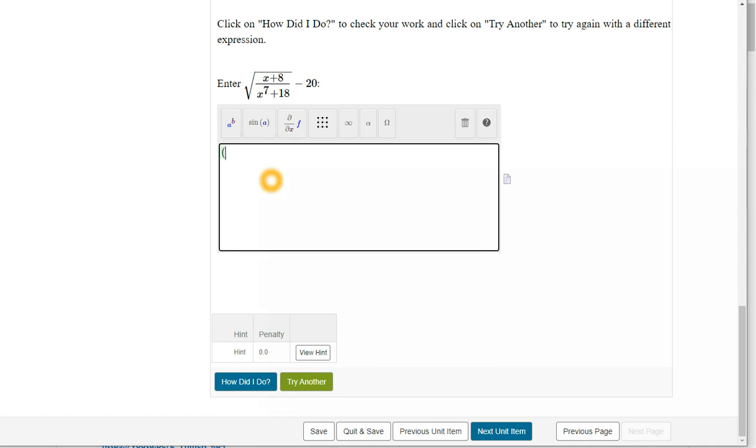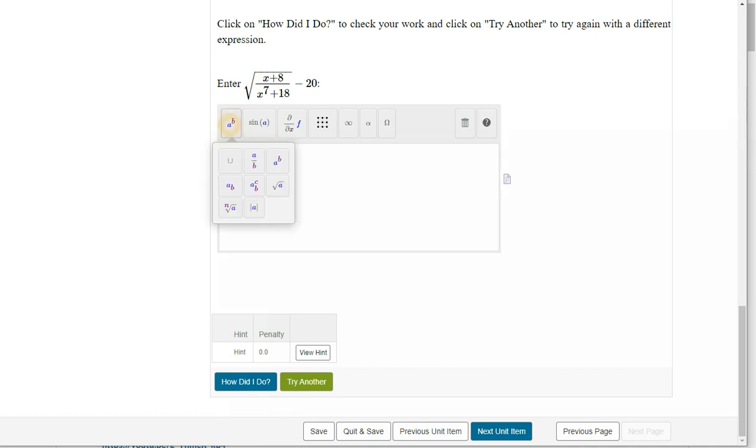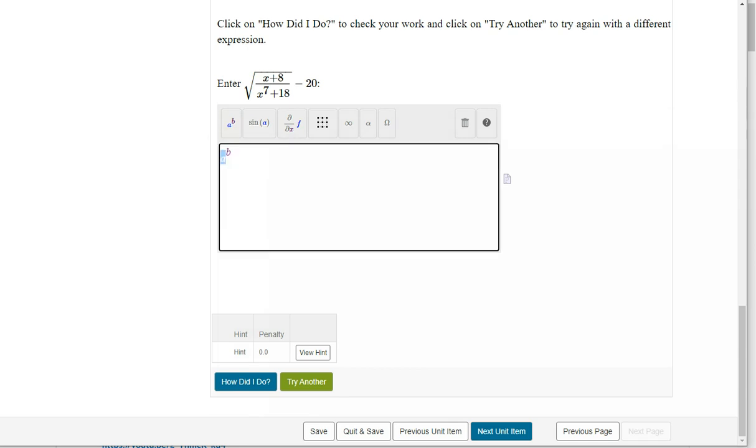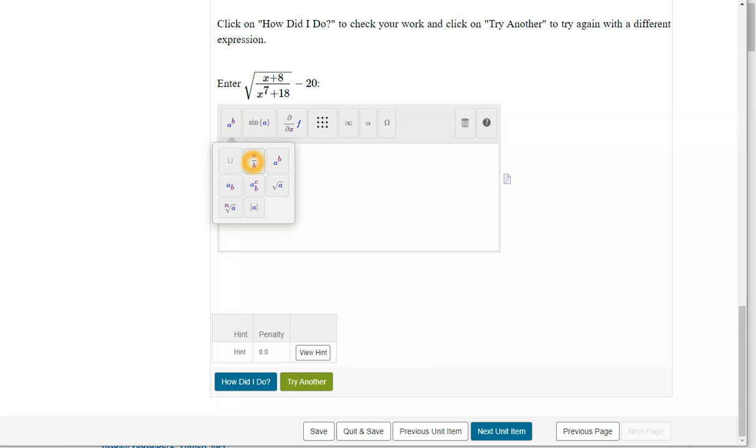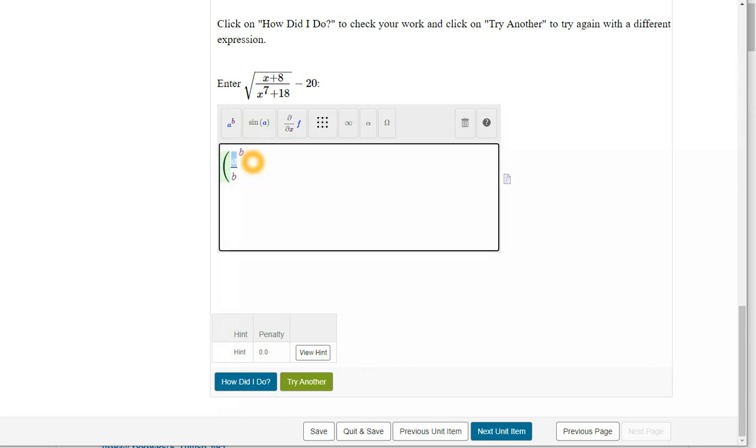Sorry. I have to hit A to the B first. There we go. And then where the A is, hit parenthesis. There we go. And I want a fraction, so A to the B and put in a fraction, and then x plus 8 is my numerator. Scroll down to the denominator,